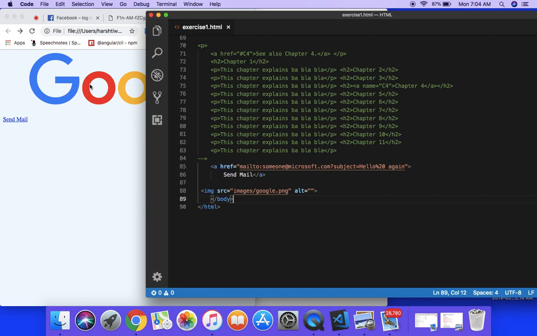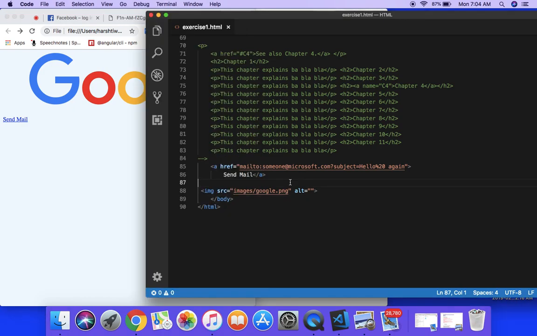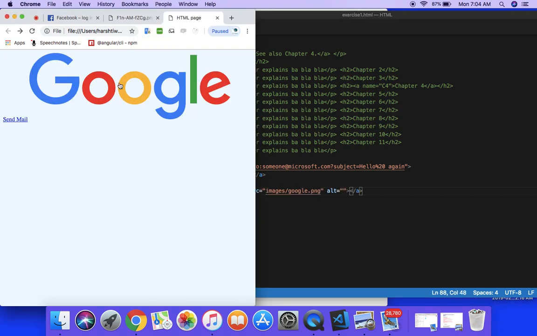Images. Now what I want is, when I'm clicking on this Google, I want to open google.com. So what we can do is place this image inside the anchor tag. So I can have this anchor tag here, and then this image I can put here, and now I'm just running this, and you can see now the cursor changes. So when I'm clicking on this,